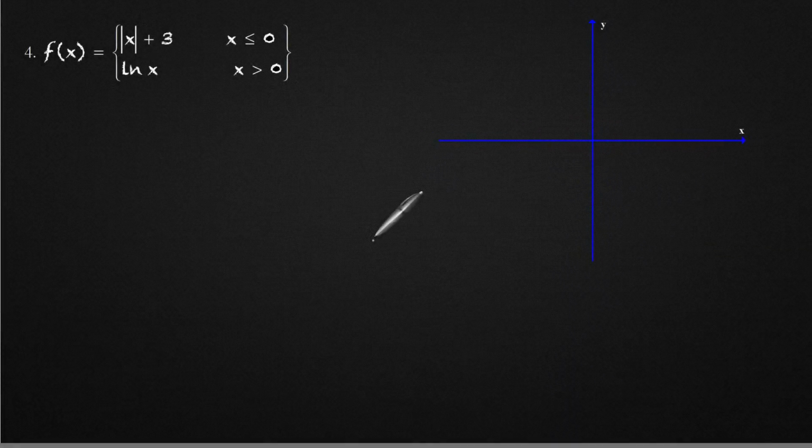All right, here we have this fourth example, and now they've given the function x absolute value of x plus 3, and this is valid for x is less than or equal to 0, so left of 0. This is an absolute value function shifted up 3. So we're going to go up 3, and we're going to do an absolute value function, which is just a V. So we're going to just come down here, and we're going to put a closed circle there,